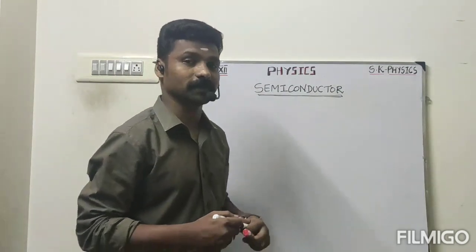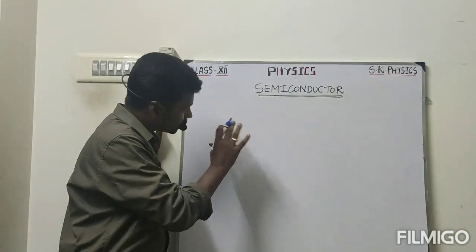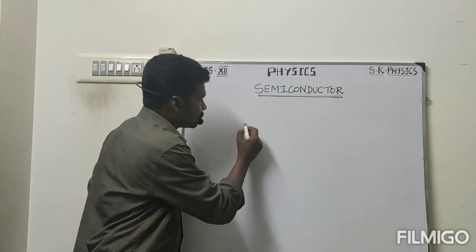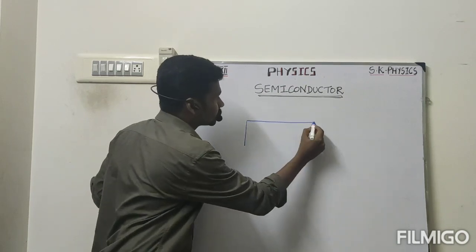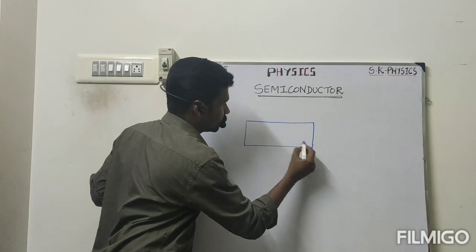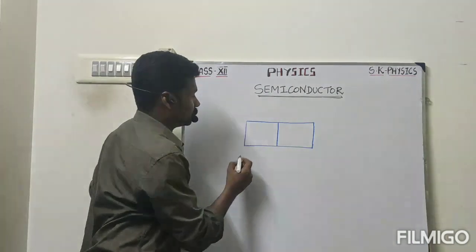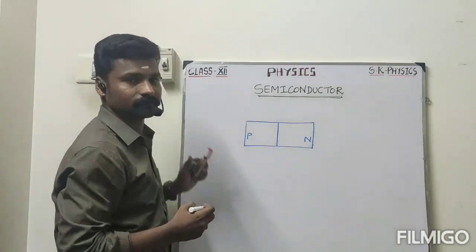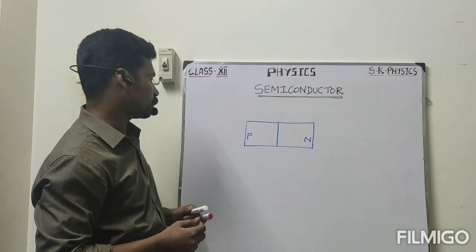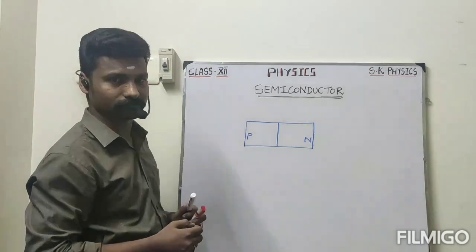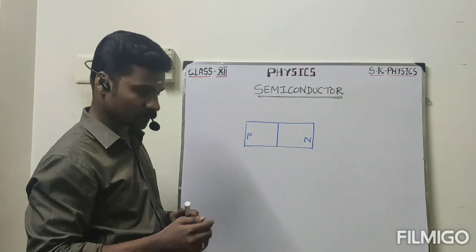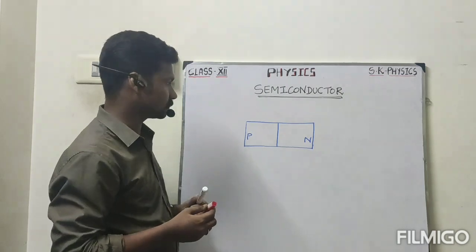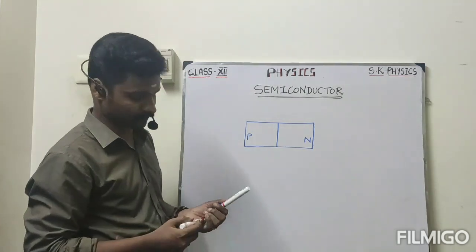Okay students, now in this class we are going to discuss something about the diode. For example, let us take one diode. In this diode we know that there are two regions, one is the P region and the other is the N region, right? Now we have to connect it with an external battery, so that proper connection according to our application is called biasing.